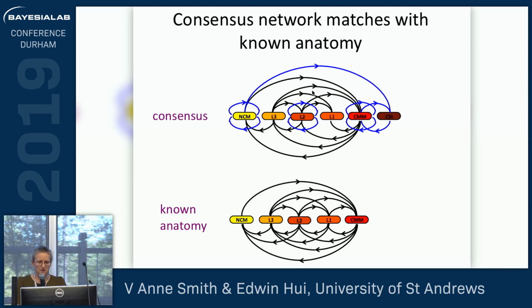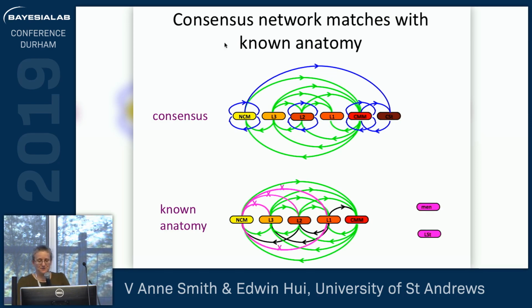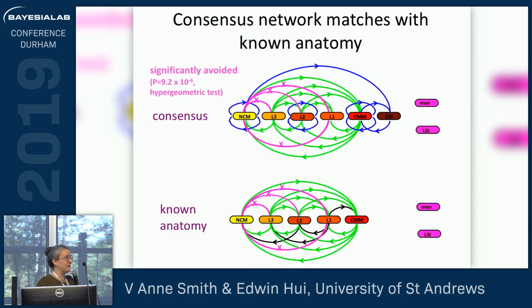And there was also some electrodes in the same region of the brain. They don't know the interconnectivity in there. But of the remaining links, they all float over known connections. You may be looking at that and thinking that's a very densely connected network. So could that have just happened by chance? But in fact, we know there's some links that don't exist, and there was also some electrodes in other areas of the brain, and we significantly avoided these. So we're reasonably convinced that what we're getting is a reflection of the neural information flow in the brain.